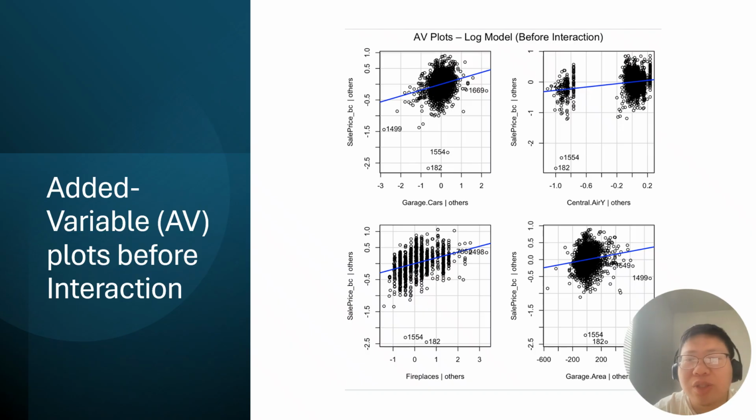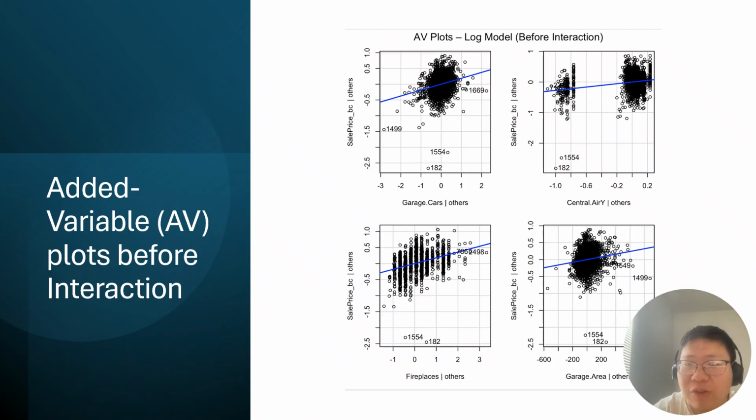Garage cars shows a clear positive adjusted relationship, suggesting GC remains a strong predictor. Fireplaces also shows a positive partial relationship. The slope is weaker but still upward. The central air conditioning relationship appears mostly flat because it's a binary variable and much of its effect is already absorbed